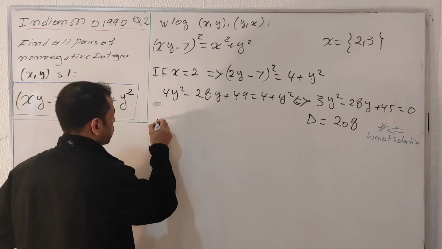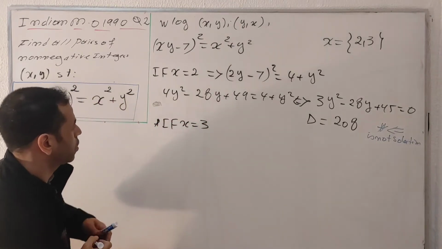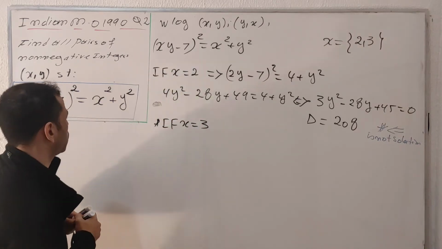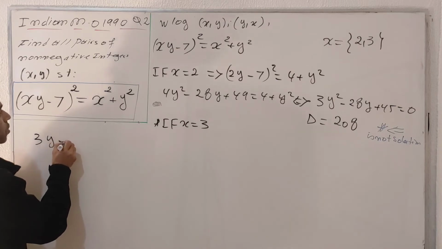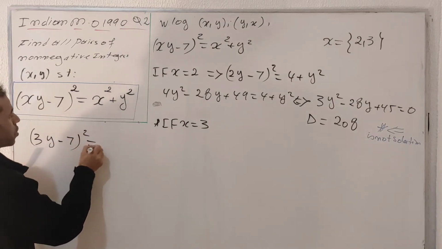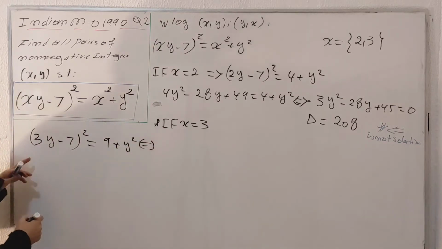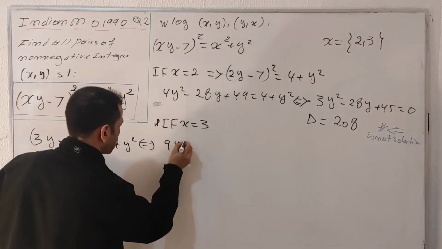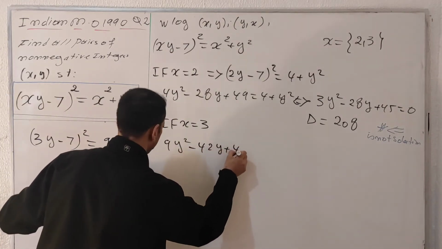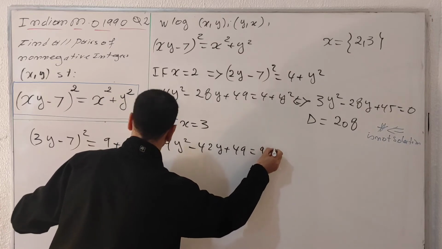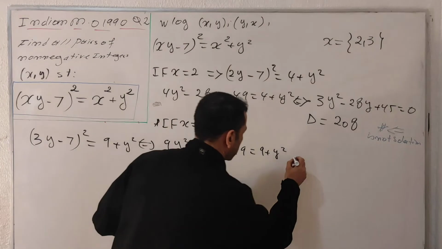Okay, the next case, if x equals 3, I'm going to plug number 3 into this equation. I will get (3y minus 7) squared equals 9 plus y squared. I'm going to simplify this equation. I will get 9y squared minus 42y plus 49 equals 9 plus y squared. By simplifying this equation, I will get the following: